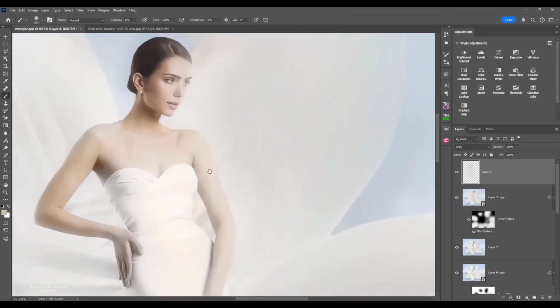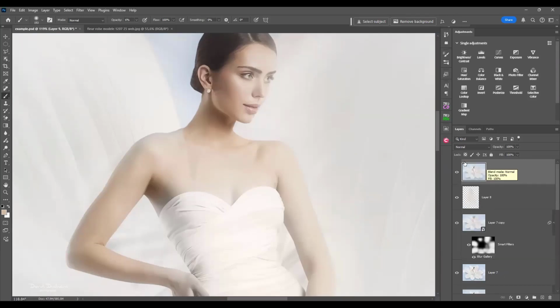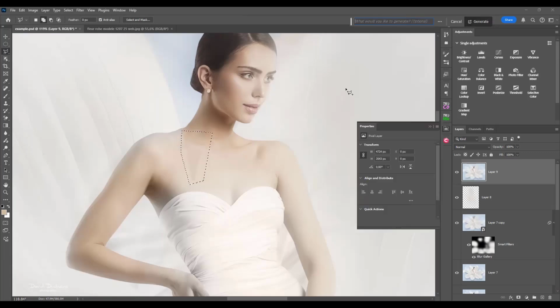So here, at the end, it happens. Sometimes it happens, even if I try to work well. Stamp layer. Nowadays, there is something I always will try first. Of course, I can do it with the clone stamp tool, etc. The generative fill. And here, I will first select the area. You see, I made a mistake here with a layer. Okay, generative fill, generate,